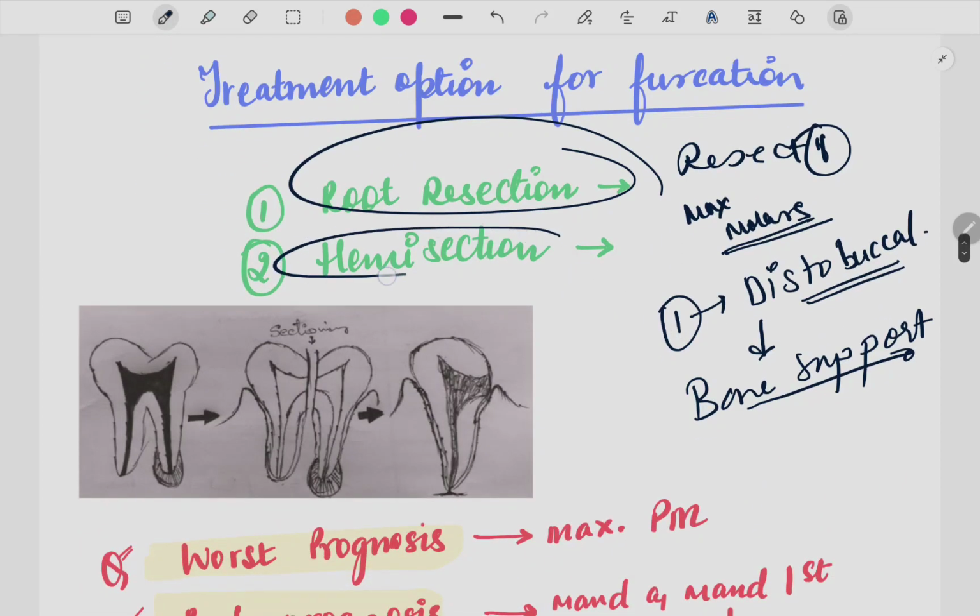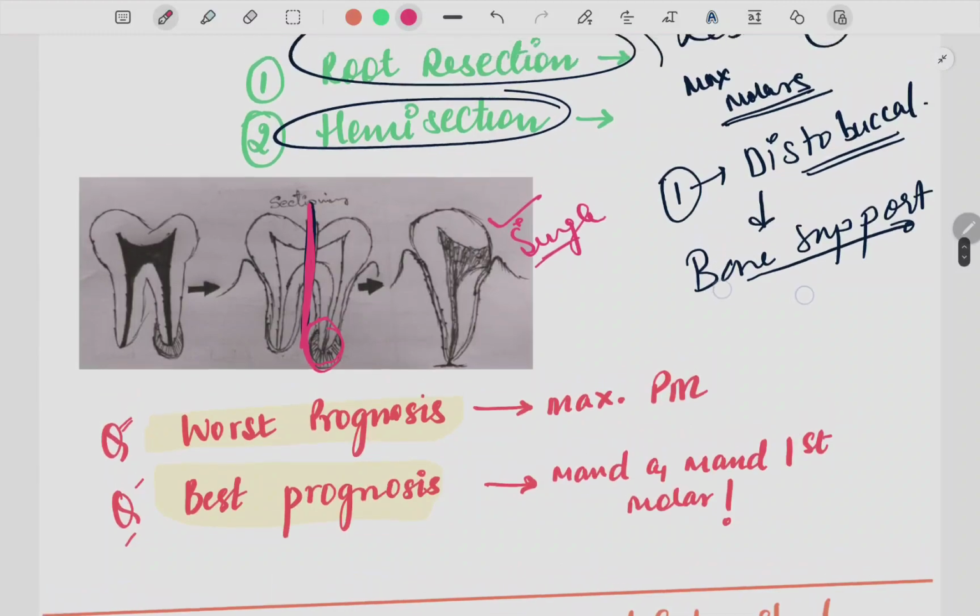The next thing we do is hemisection. As the name itself is telling you, hemisection is what you are sectioning, and I can say you are cutting the tooth. As you see in this picture, this is one full tooth which you can see here. Now you see we are dissecting or sectioning this into two halves. Okay, why are we sectioning this into two halves? Because we see there is infection on one side and we have to remove only this. At times we do not want to remove the entire tooth, so we remove only the affected area, and the other half of the tooth is now acting as a single rooted tooth. Okay, that is what you say as hemisection.